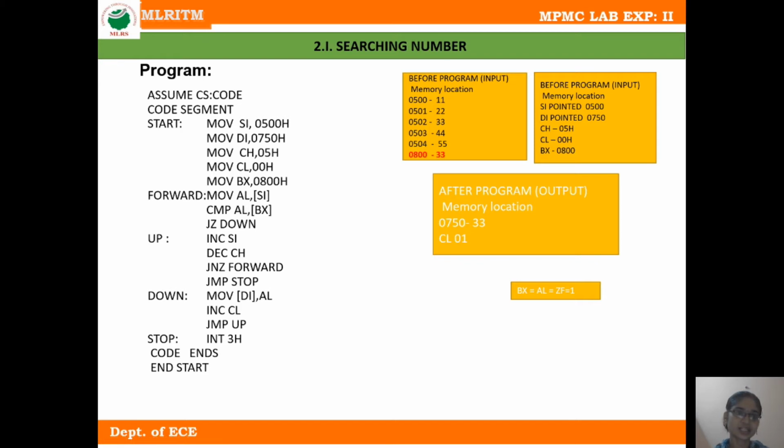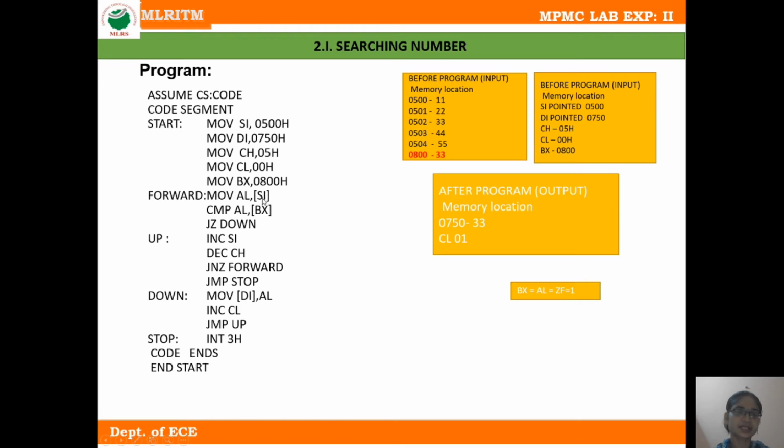The next instruction is MOV BX, 0800. This is 16-bit data, and it is moved into the BX register. After this instruction, the content of BX is 800. The next instruction is MOV AL, [SI].